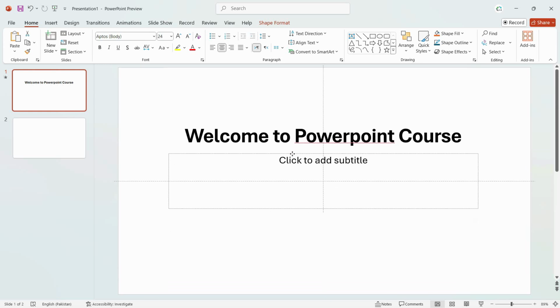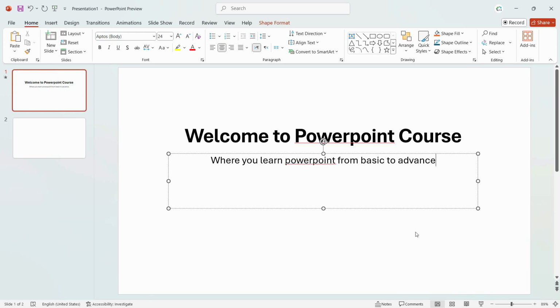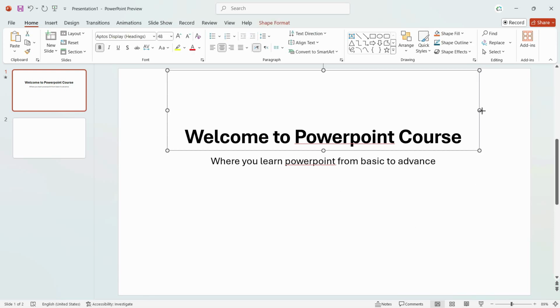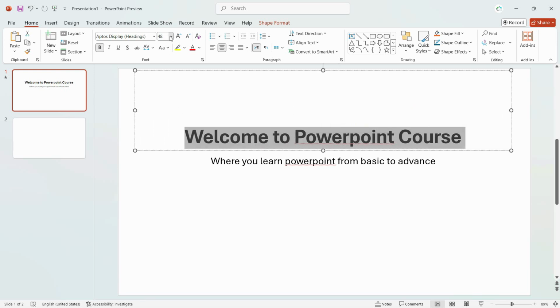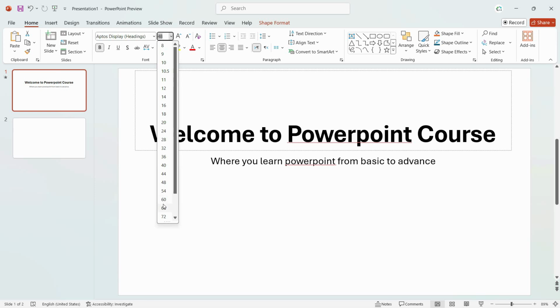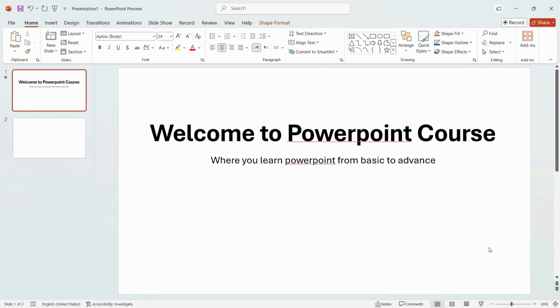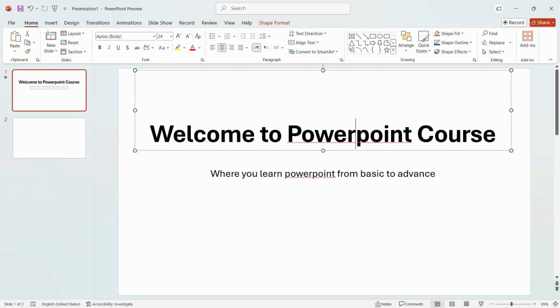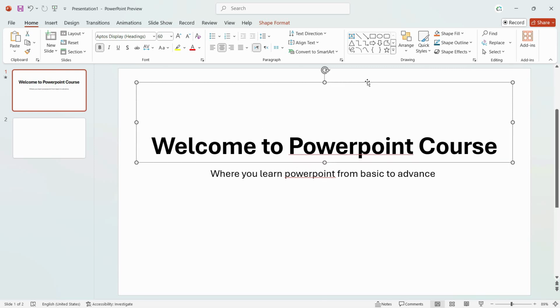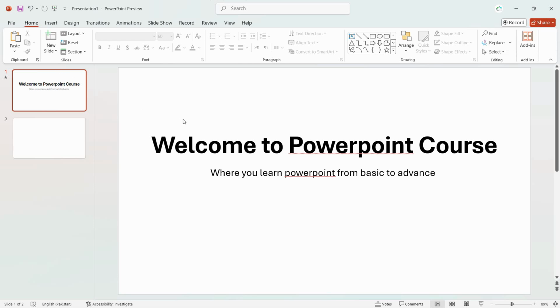And let's move the subtitle as well. Subtitle could be anything like this, where you learn PowerPoint from basic to advanced, anything that defines it further. Now let's also see that if we increase the size, what difference does it make? Now we can easily increase the size up till 60. And that's very good. Like I said, it totally depends on your requirement or your presentation style, how you want to do it. Now, this is how we start working on our blank first presentation,